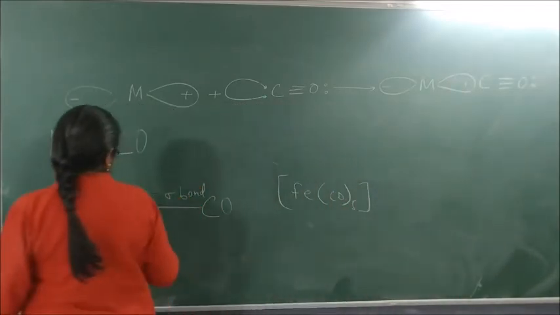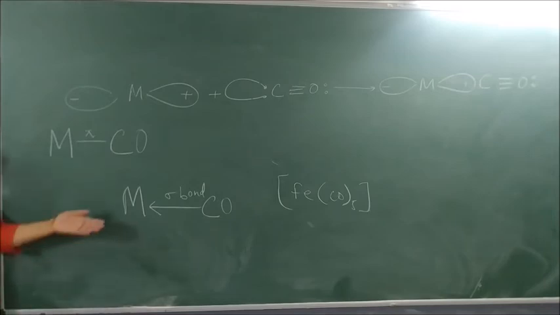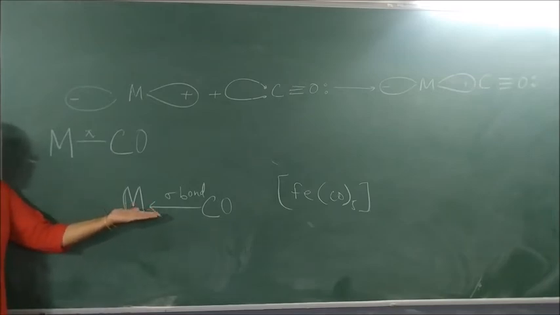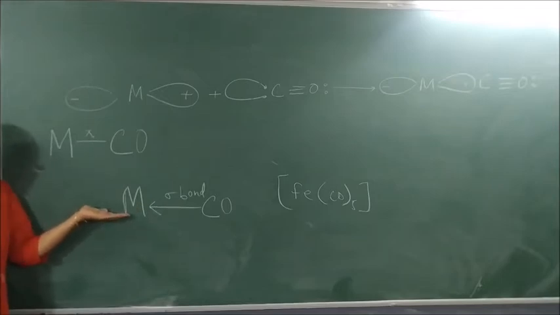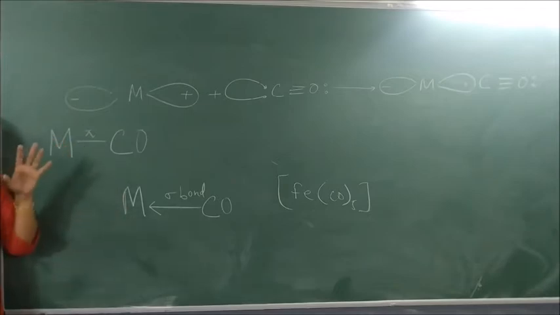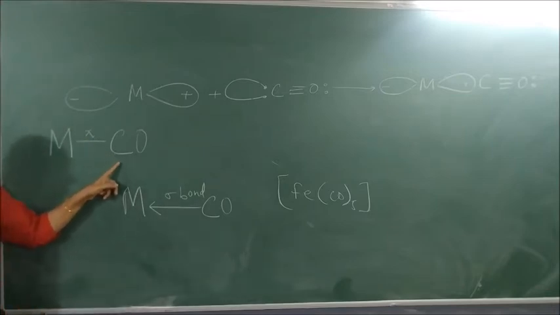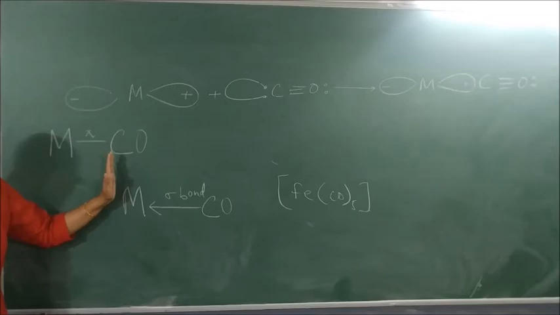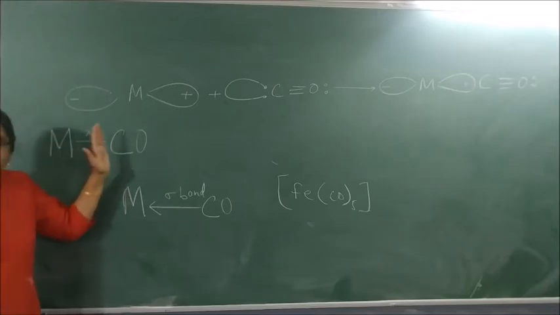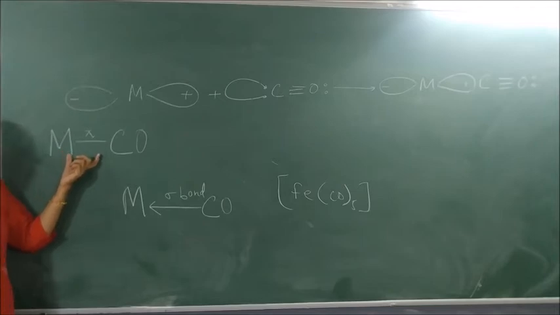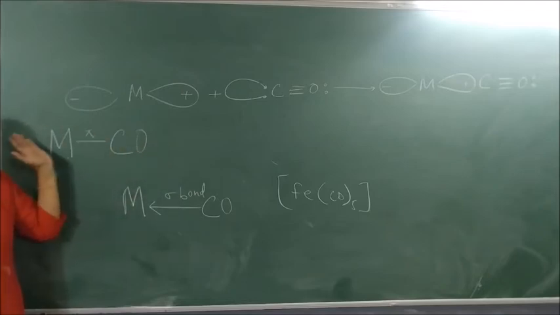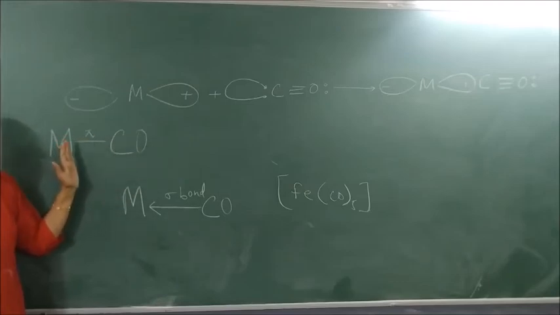Now see, what is the issue here? First thing, we say that it has a sigma character because the carbon of the carbonyl of carbon monoxide donates lone pair electrons to the metal atom. Now, this metal atom, which has all the electrons, transfers back electrons to the antibonding molecular orbital of the carbon monoxide. So, what is it giving? It is giving back the electron. So, this pi character of the electron is called what bonding? Back bonding, because it is giving back again to the ligand. So, this is called back bonding or synergic bonding.